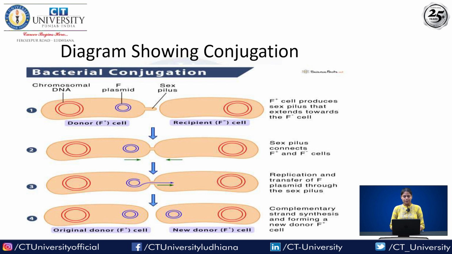In this second structure, you are able to see the conjugation tube formed between the two bacteria, and in the third, the plasmid is transferred from F positive to F negative. At last you are able to see the recipient cell, which was F negative earlier, converted into F positive, meaning the exchange of genetic material is done and the F negative strain becomes F positive. So this is all about the bacterial cell and